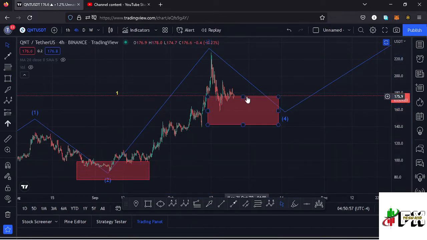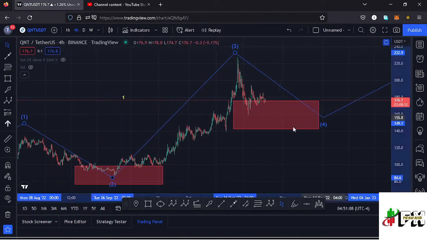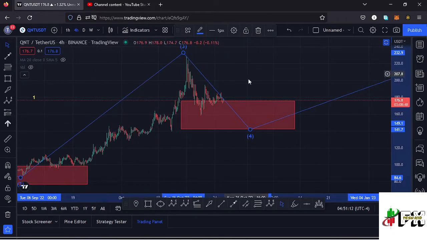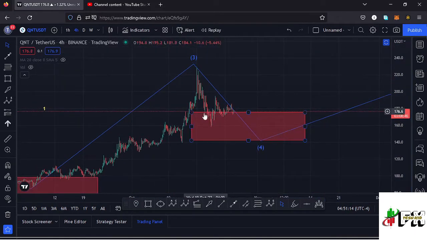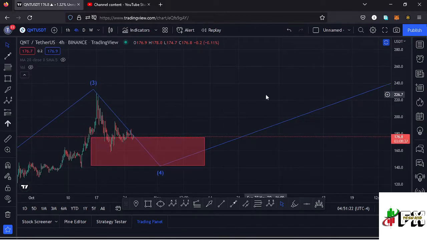And you can see that my target area in the formation of a wave 4 lies between the $176.2 mark and the $142.1 mark, and that means there is a possibility the low is not yet in, and there are high chances we are going to continue seeing a bit of lower prices here on the Quantum chart to get us into this target area, fully maximize it, then continue pushing higher in the formation of a 5th wave to complete that